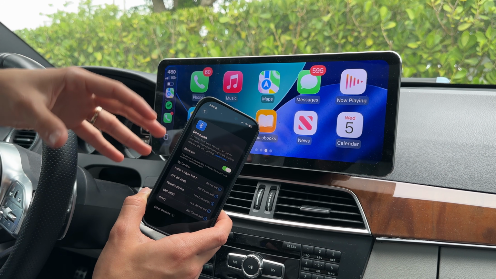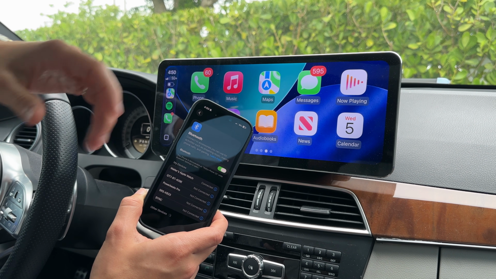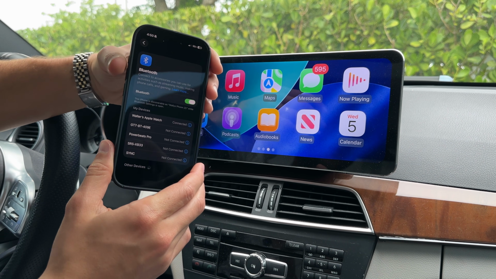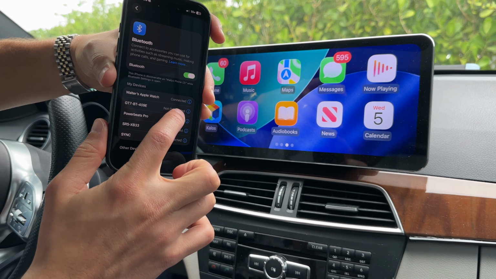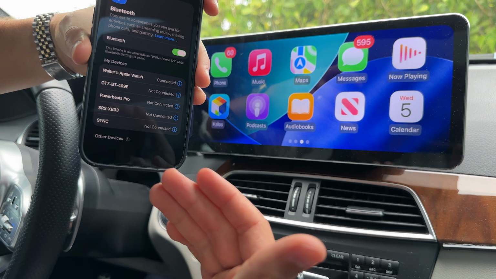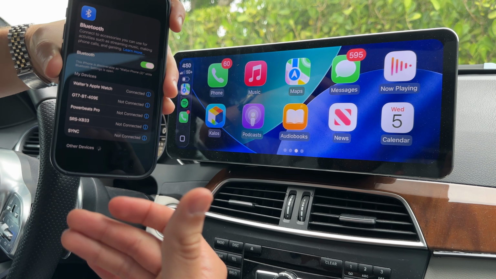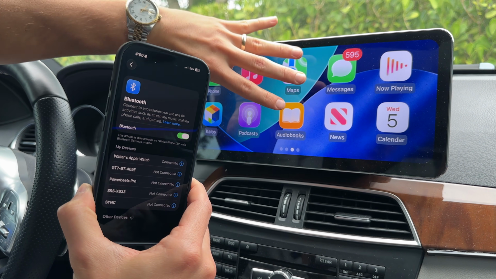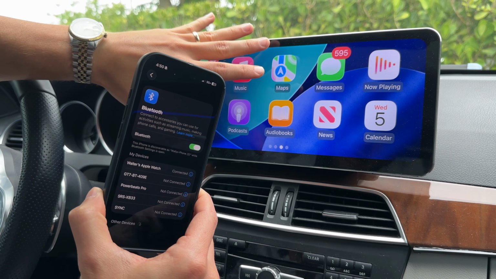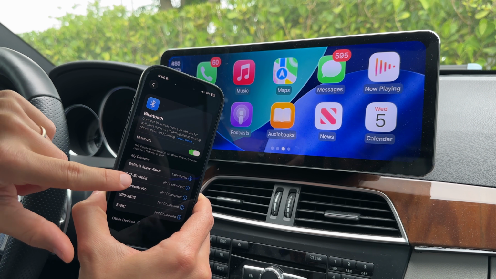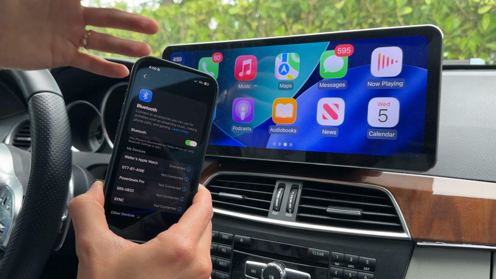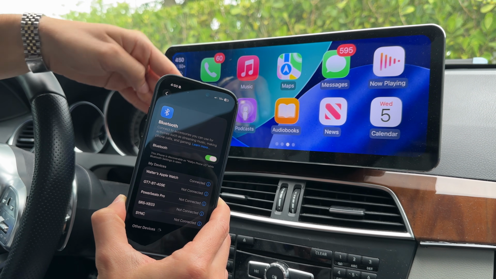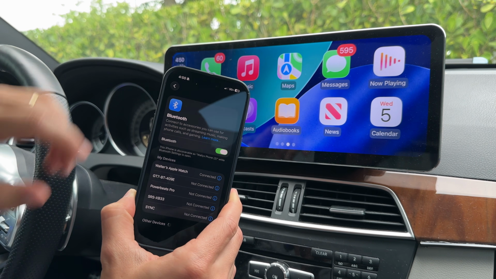If you're having issues connecting your phone to CarPlay or Android Auto, I'd like you to simply go ahead and find the GT7 that we just paired to. You might notice that it says not connected on our screen. This is normal. CarPlay basically talks to the phone through a combination of both Bluetooth and Wi-Fi. So as long as you have the CarPlay screen here with your phone's information properly displaying, you don't need to worry about what this is saying in this moment, because it's probably just using Wi-Fi to actually talk to the screen. But if you're having issues pulling it up or pairing it, it's not properly displaying, what you should do